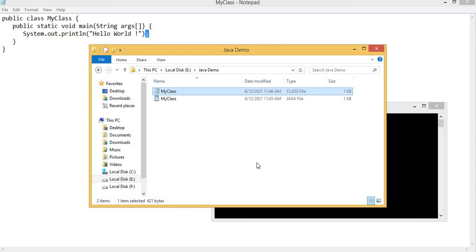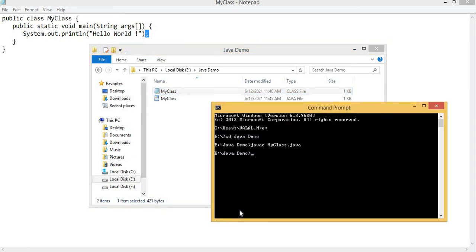Now I need to execute this program. To execute this program, I will be using the command java MyClass. You can see how I am executing. I am using the command java and then only the file name.